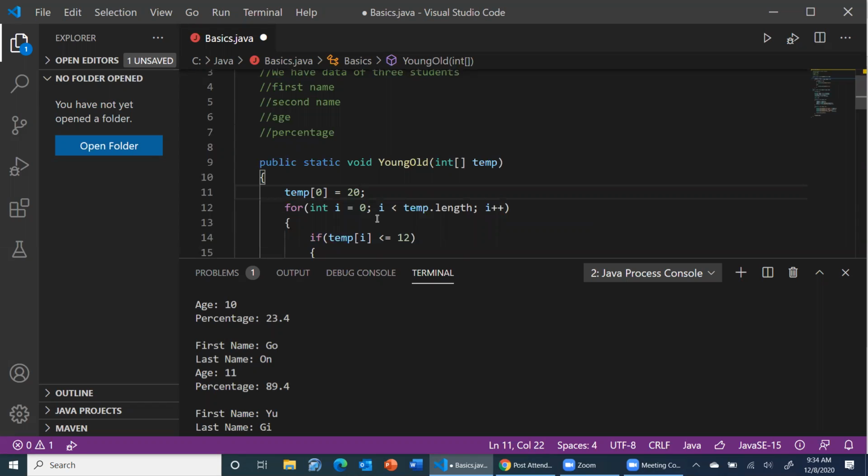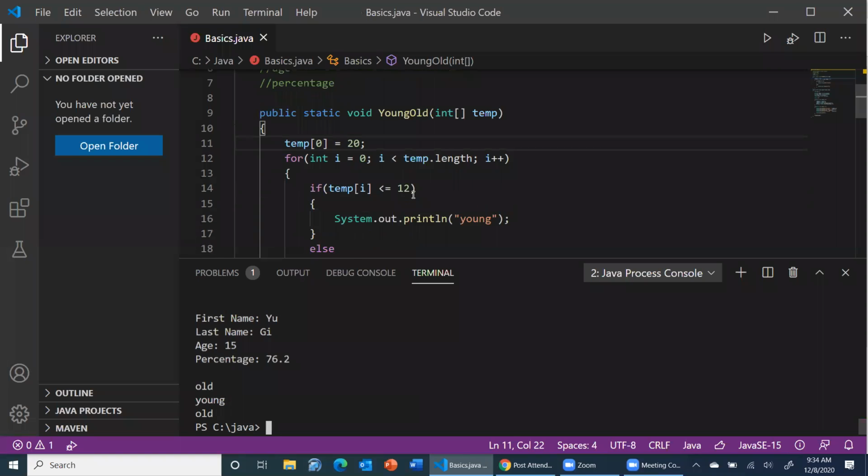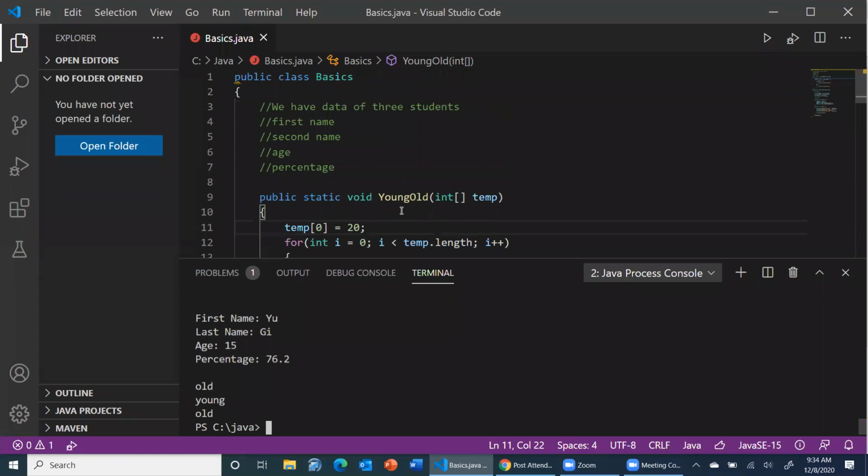तो यहाँ array is passed as reference का मतलब उसको एक नया नाम देते हैं, चीज वही रहती है। ठीक है, so let's show you like how it will change. So now we compile it again and now we make changes, so it says old young old। ठीक है, क्योंकि आपने जो बेसिक था उसको आपने चेंज कर दिया।